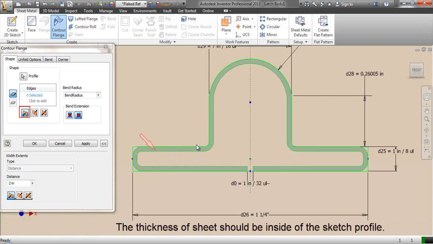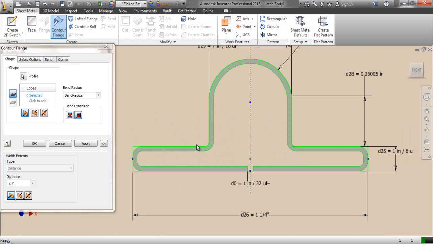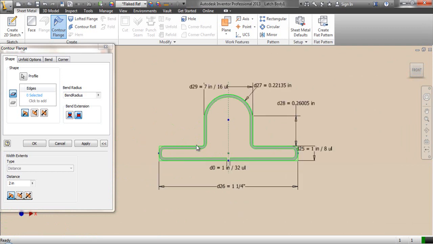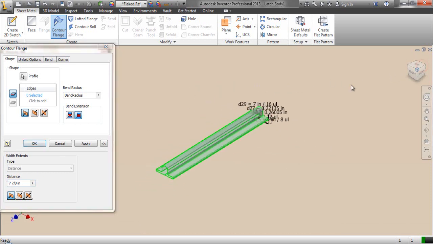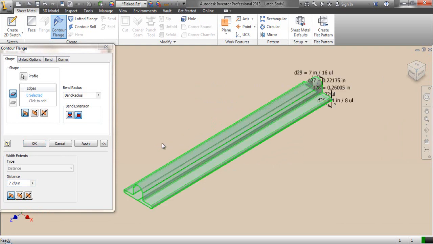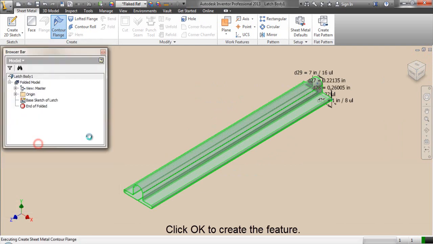The thickness of sheet should be inside of the sketch profile. Set the value 7 and 7/8 inch in the distance field. Click OK to create the feature.